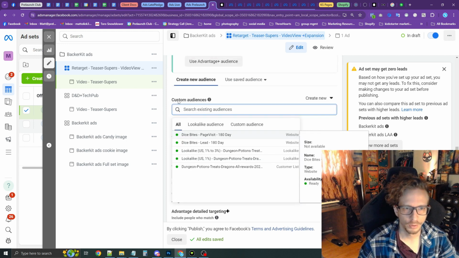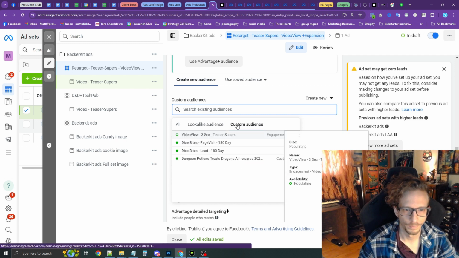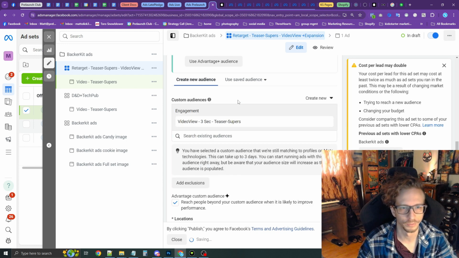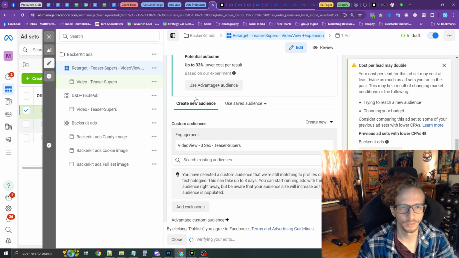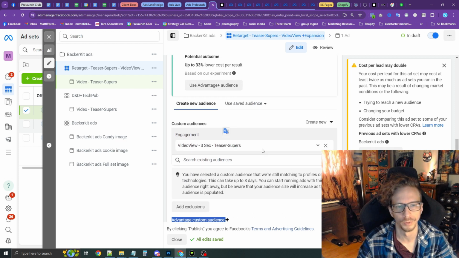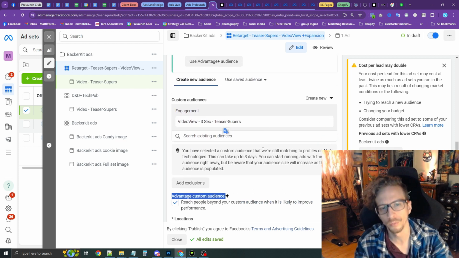Okay, so I'm going to go under custom audiences, and then find it under here, customize. See, it's still populating, but in the meantime, we can just hook that in. So here's the key thing. We're going to turn on Advantage Custom Audience and reach people beyond when it's likely to improve performance. And so what this is going to do